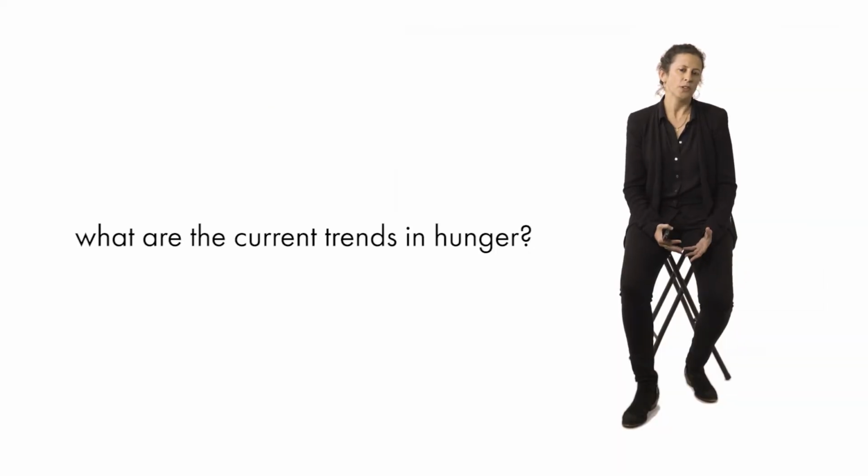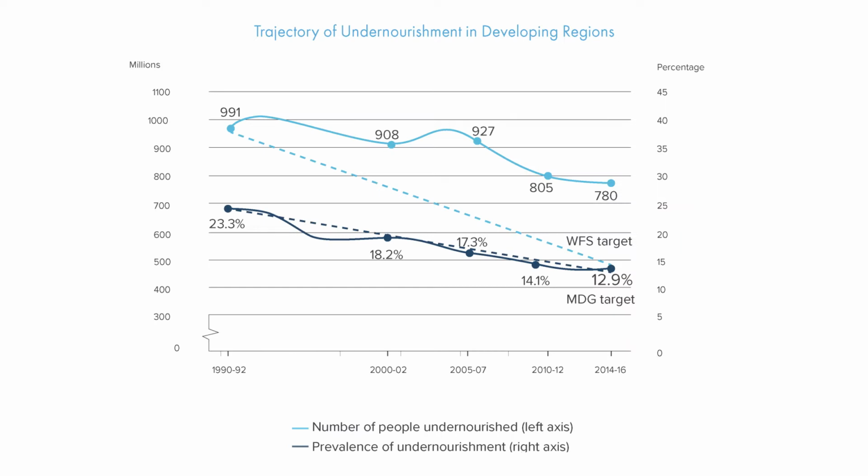So how are we doing? Why do we still have so many food insecure people in the world? Well, we've actually seen a decline. When we started tracking food insecurity in the 1980s and 1990s, we saw a lot of people who were undernourished. Over 1 billion people were undernourished. We now have hit the mark below 800 million, as you can see from this graph. So we're making progress, but still there's a huge amount of people who are undernourished.